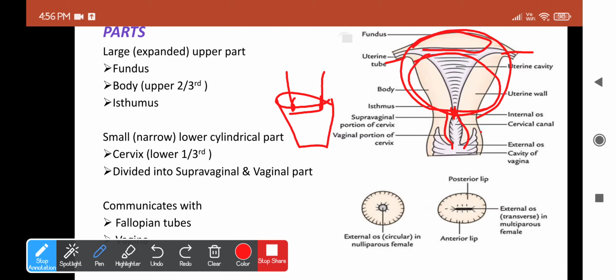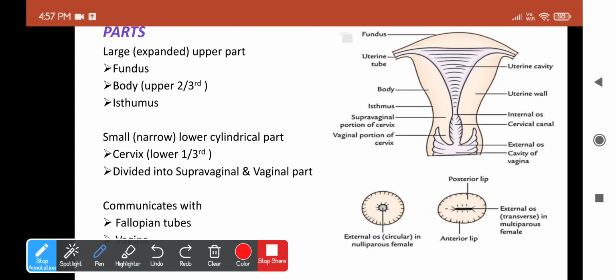And this part which is surrounding the cervix will be called the fornix of the vagina. Okay, so because of this, the cervix can be divided into an upper supravaginal part and the lower vaginal part, which is surrounded by a part of the vagina. And in general, the uterus will communicate with two structures. One is the fallopian tube at the upper lateral ends, and the vagina below. Okay, and the site where the fallopian tube attaches to the uterus is called the cornu. This is very important because we'll see two or three structures which are attached to this part only in a later part. Okay, so this is the cornu of the uterus.